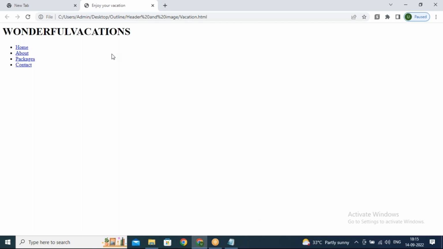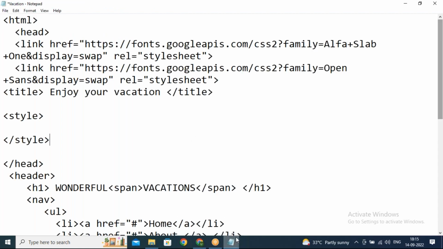I want to remove all the default margins being displayed by the